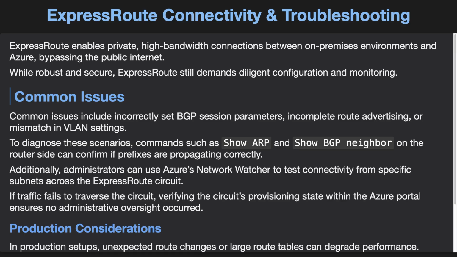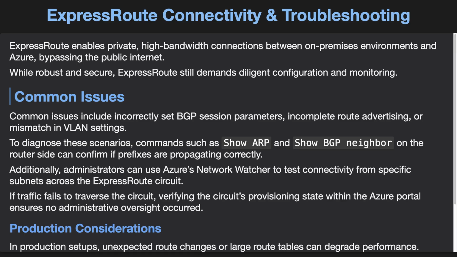To diagnose these scenarios, commands such as show ERP and show BGP neighbor on the router side can confirm if prefixes are propagating correctly. Additionally, administrators can use Azure's Network Watcher to test connectivity from specific subnets across the ExpressRoute circuit. If traffic fails to traverse the circuit, verifying the circuit's provisioning state within the Azure portal ensures no administrative